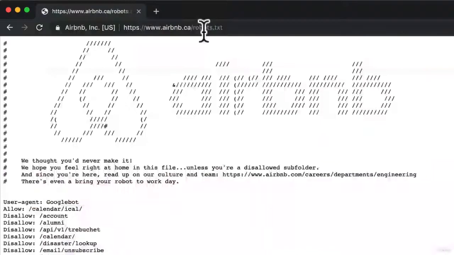/robots.txt. If I click enter, look at that. Airbnb has a robots.txt. Robots.txt simply says, hey, if you're a robot, if you're a web scraper or a spider, this is what you're allowed and not allowed to do. Does it mean that they'll prevent us if we break the rules? No, they can't really prevent us. But this is a gray area where you want to be ethical here and only scrape the data that a